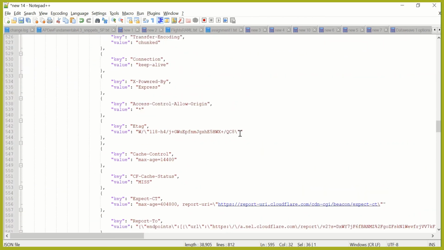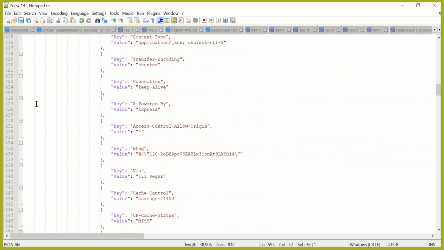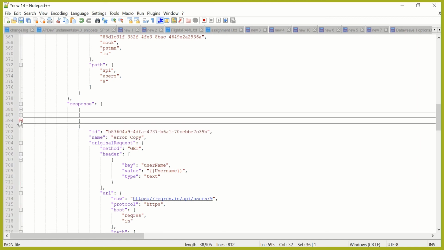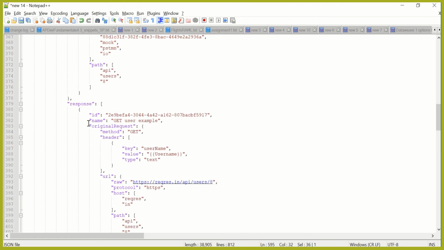So what I'm going to do is copy this particular ID. Let's say for this get request we have 4 responses. Let me show you quickly. You can see that we have 4 responses. So let me expand the first response, and I am going to copy this particular ID.